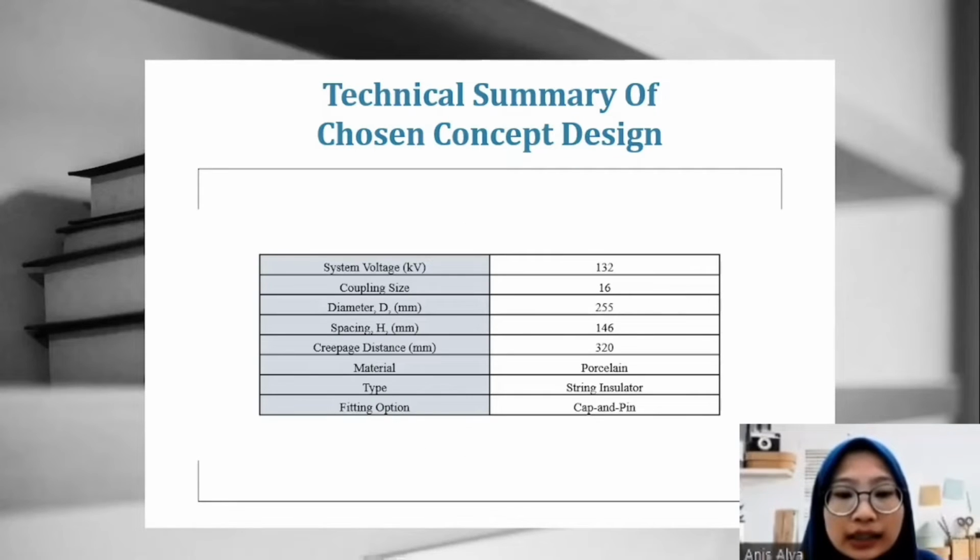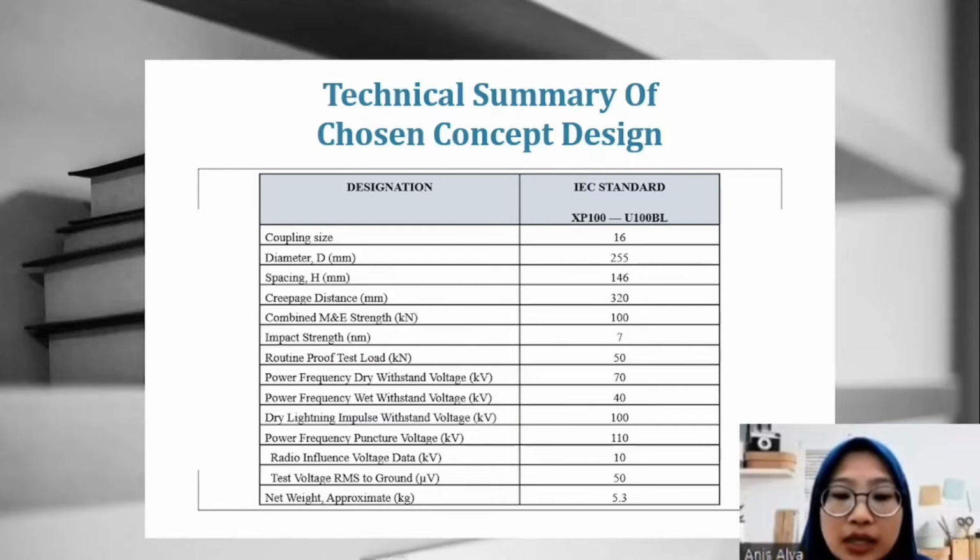We have 132 kilovolt as the voltage system, 16 coupling size, 255 millimeter diameter, 146 millimeter spacing, and a creepage distance of 220 millimeter. The material that we use is porcelain, type string insulator, and cap and pin as the fitting option. This is a table for our chosen concept design using the IEC standard